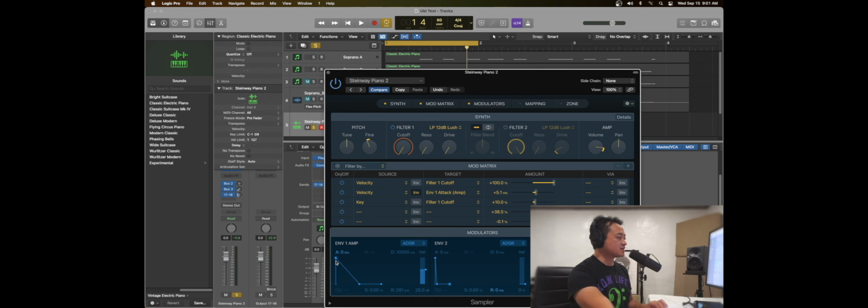So what if we lowered the attack? Let's do ADSR. So what if we had a slight delay and then the attack, and then a longer sustain in this case?